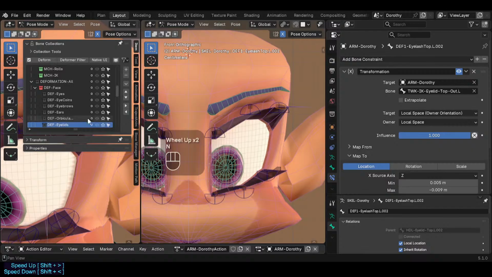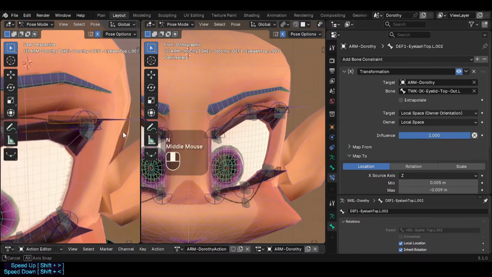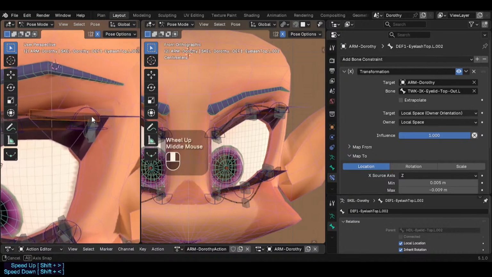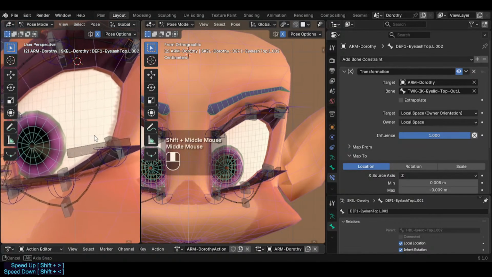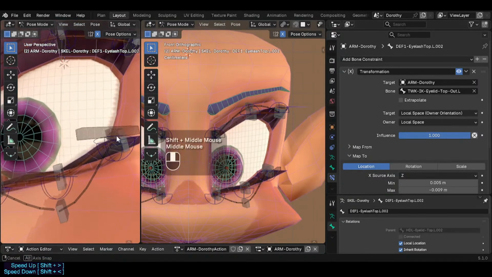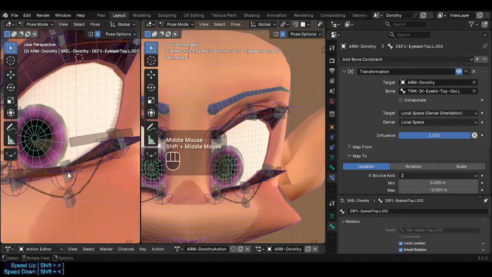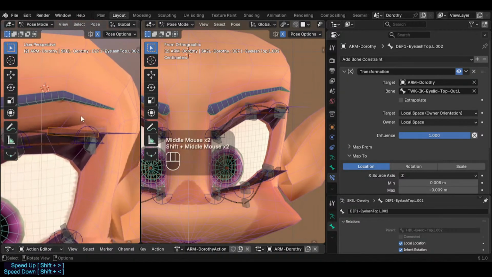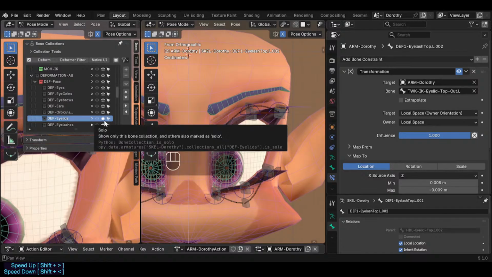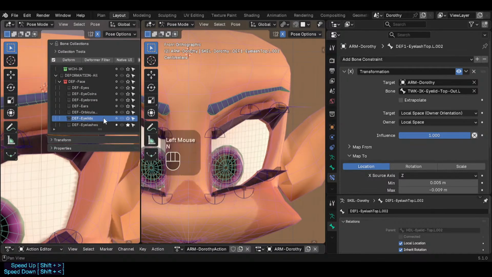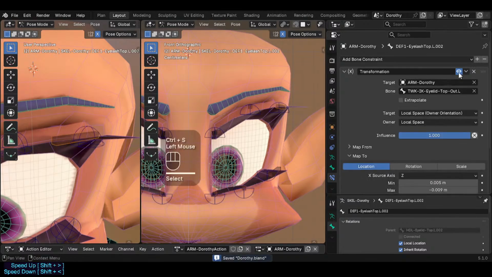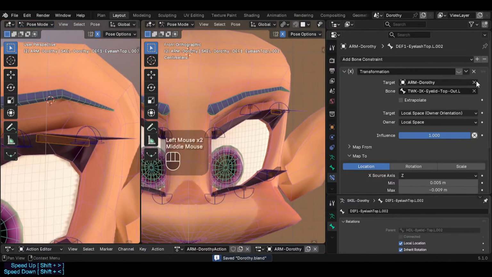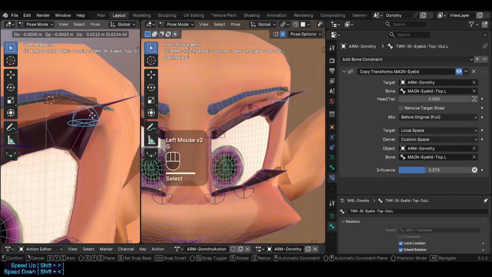In principle, it's good to see here because we can at least see the original positions. It's at the base of here, right? So if we turn this off, it will just reset, right? So the idea is that as I move this bone up,